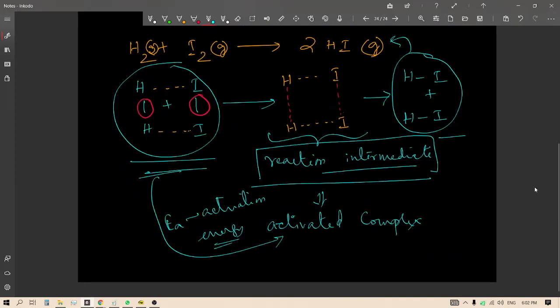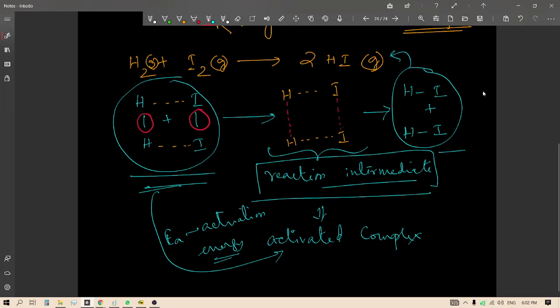So let me repeat. According to Arrhenius, whenever two reactants are kept enclosed in a container, in order for a reaction to happen, these two reactants collide with each other. And when reactants collide, they form a reaction intermediate which finally forms a product. Now, there is a particular amount of energy needed by the reactants in order to form this reaction intermediate. This reaction intermediate is also sometimes called the activated complex, and the amount of energy required by the reactants to form this activated complex is called the activation energy.